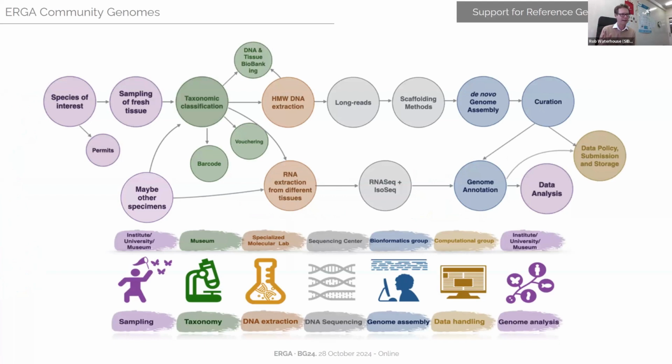along the way. And really, this is the motivation of the work behind building the ERGA community, to be able to immediately find someone who has experienced these challenges before, who has maybe found a solution and can help you overcome your issues, all the way from the very beginning of the stages, through the sampling, through the extractions, through the assembly. You just heard about the reviewing process to ensure quality, all the way through to the data deposition